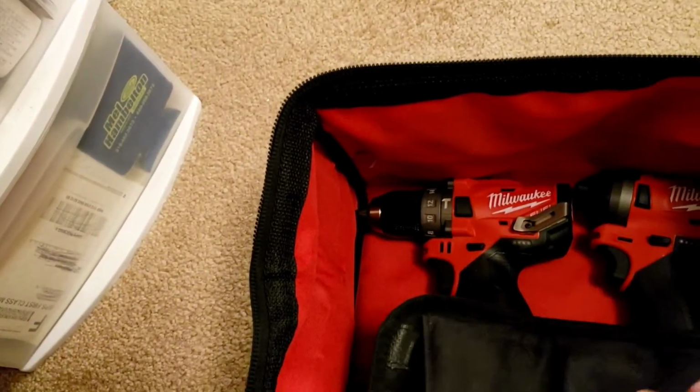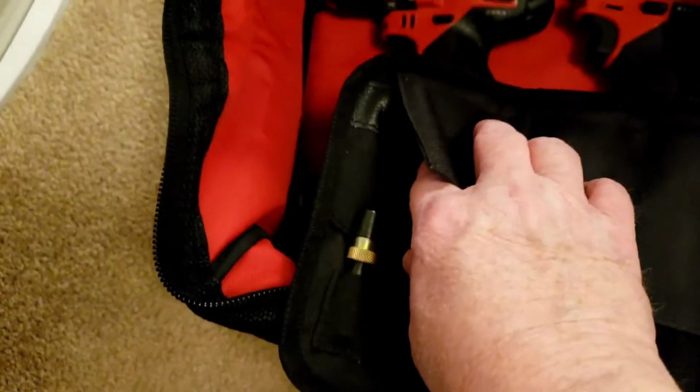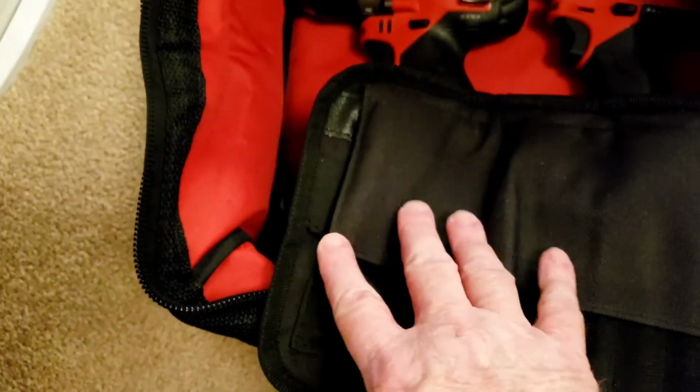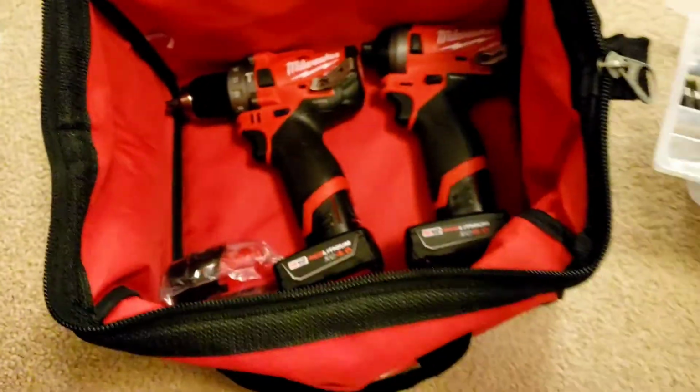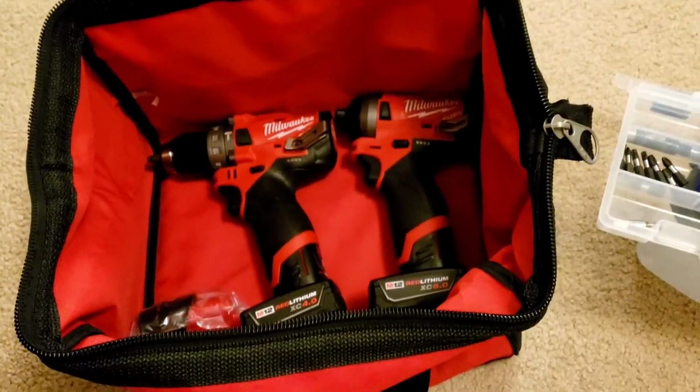But anyway, to finish this off, I can use this adapter. Try not to show my foot again. I hate to show my feet. I don't want people seeing my feet. I want people seeing the product that I'm trying to show you. But anywho,